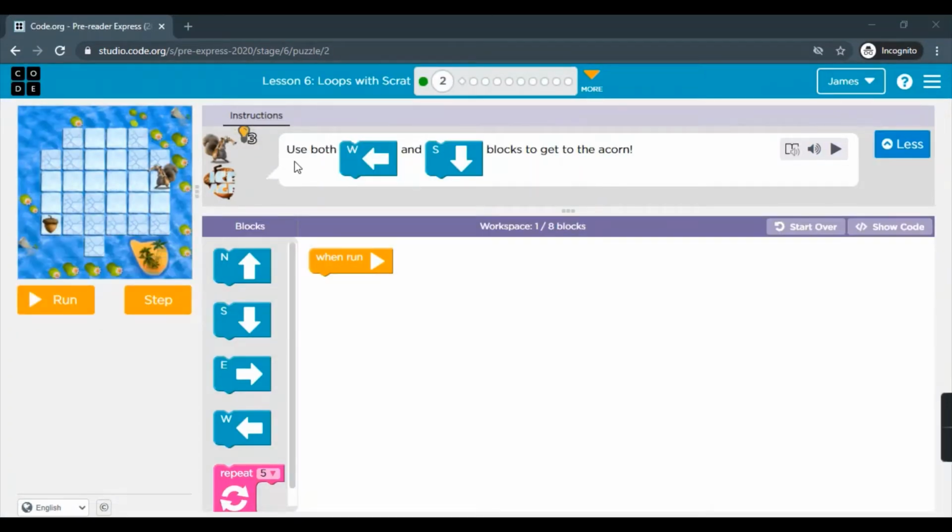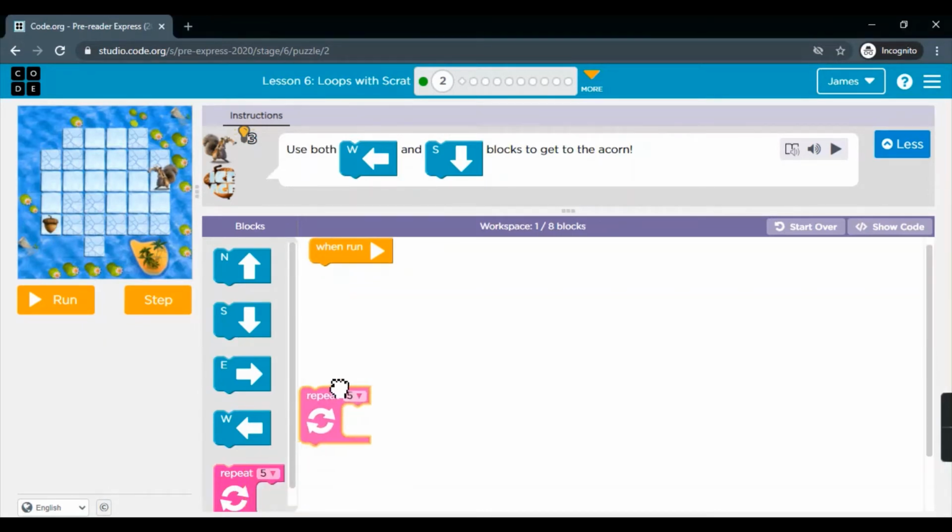Let's read the instructions. Use both west and south blocks to get to the acorn. So first, Scrat has to move towards west. 1, 2, 3, 4, 5. 5 blocks towards west. And then after reaching here, 2 times south.